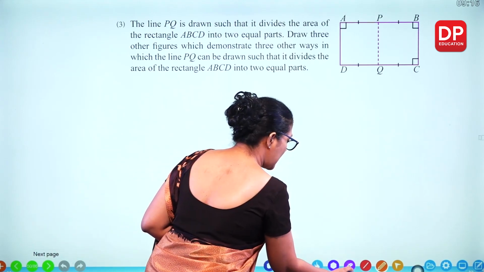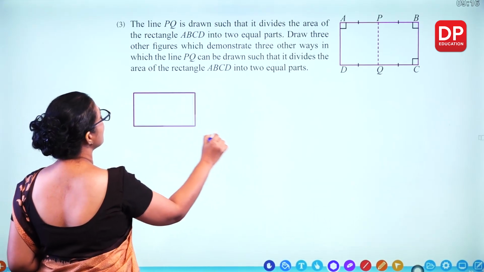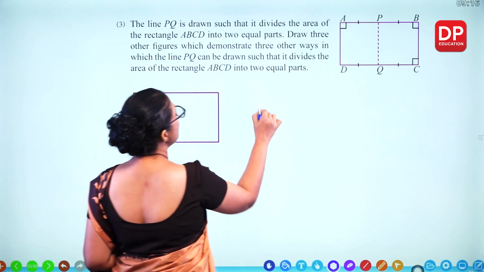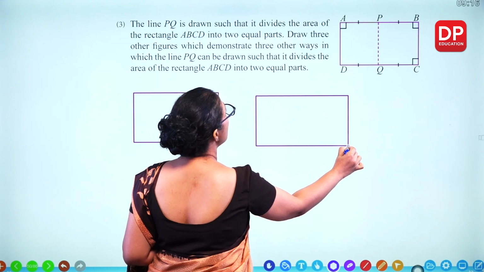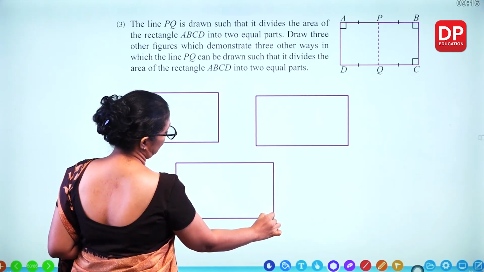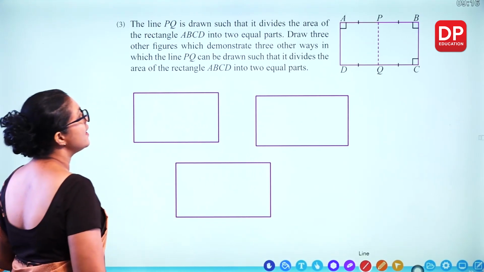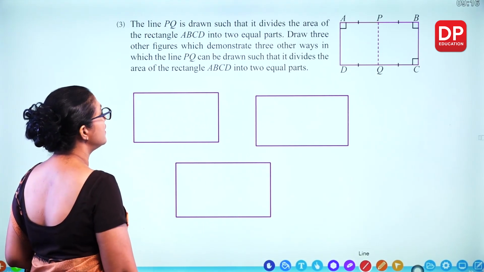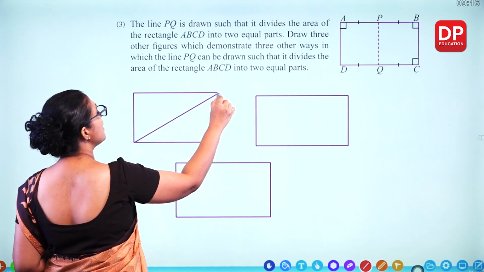So we can take three other rectangles like this and we'll see how we can divide. So one way you can divide is with the diagonal. Two equal